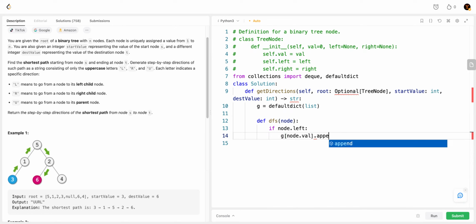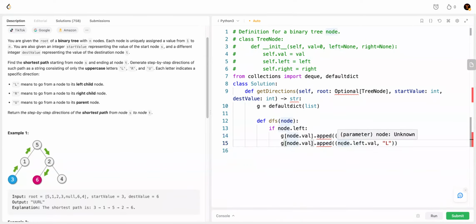Graph would append the child node, which would be node.left.val, and the direction would be moving left, L. And we're gonna append to the graph of node.left.val the parent node as well,